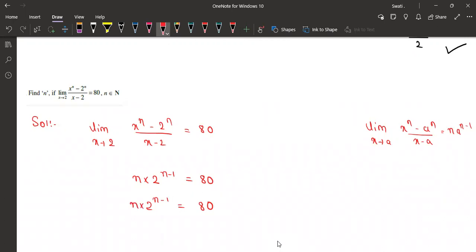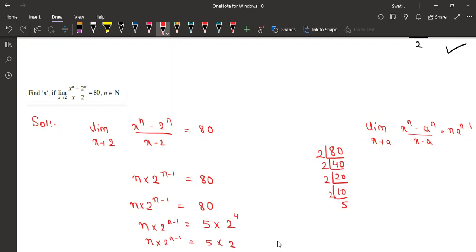So 80, if I try to find out the factors, it will become 2 times 40, 2 times 20, and then 2 times 10, and then 2 times 5, right? So I can write down this 80 as 5 times 2 raised to 4, right? And this I'm writing as it is, n into 2 raised to n minus 1. So the next step, 5 into 2 raised to, I can write down 4 as